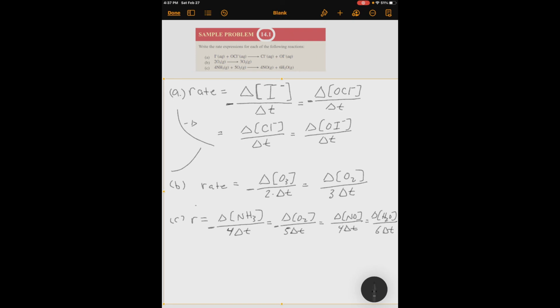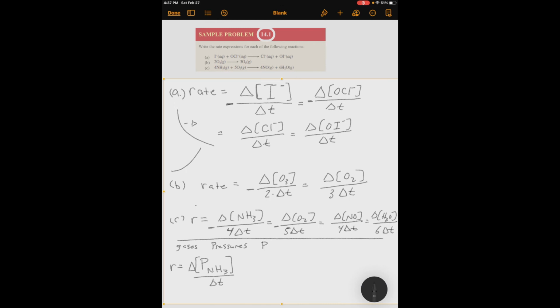Now, I will point out that sometimes if you're doing a problem and they're talking about gases, they may want you to do it in terms of pressures, P. So if I were going to do one of these, I'm going to try the last one, because in the last one, everything is a gas. So I'm going to write that the rate is equal to, again, P for pressure of ammonia. See how I wrote that? And then change in time? Change in the pressure